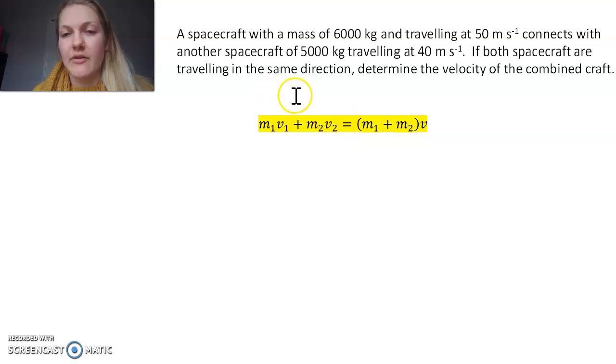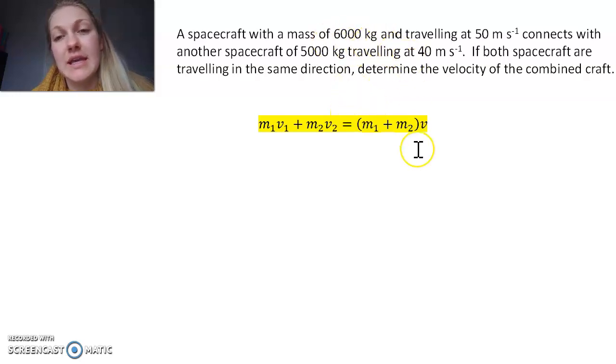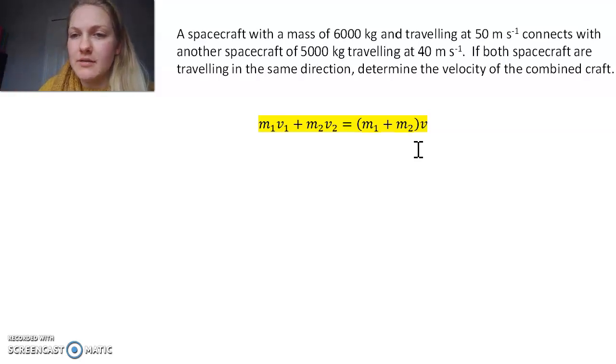So we have at the moment a spacecraft with a mass of 600 kilograms. It is then travelling at 50 meters per second. It is then connecting with another spacecraft of 50 kilograms travelling at 40 meters per second. Now, if both spacecrafts are travelling in the same direction, what you need to do is determine the velocity of